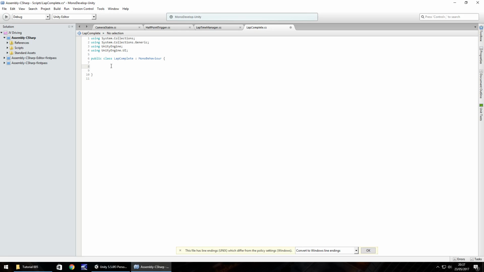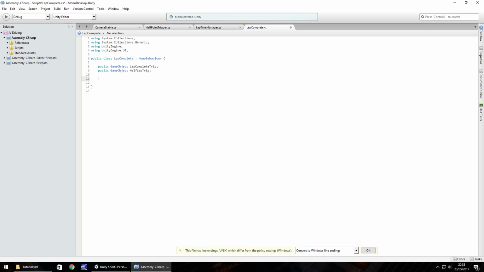The first two are going to be the two triggers that we have set up. So public GameObject lapCompleteTrig; second one is public GameObject halfLapTrig;